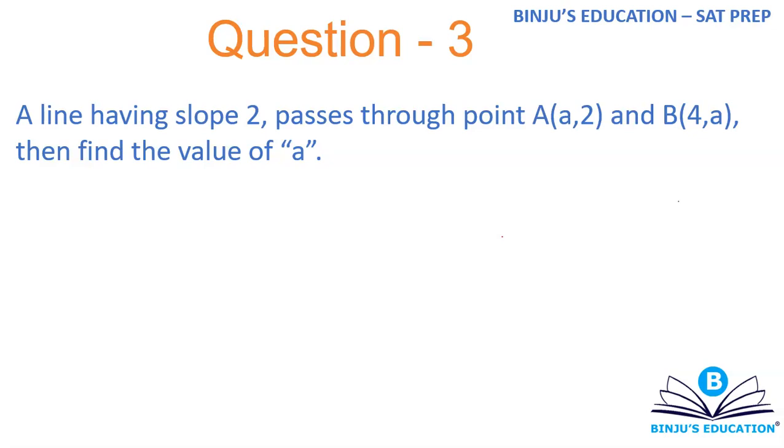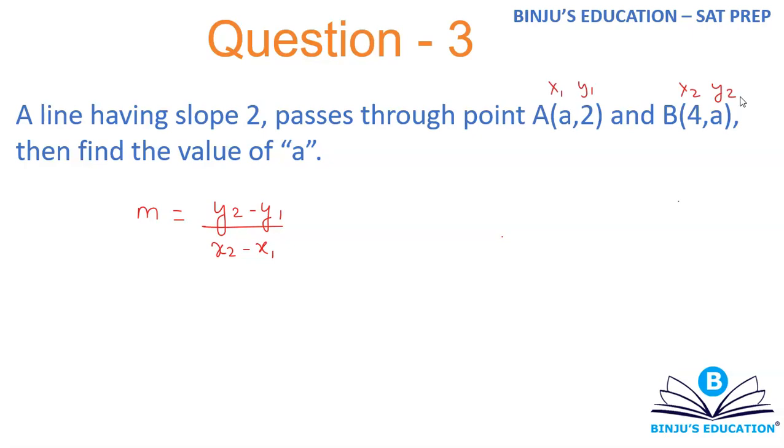Now we discussed that when we were doing the basics of slope, that the slope of a line is nothing but y2 minus y1 divided by x2 minus x1. That is, change in y coordinate divided by change in x coordinate. Now you can take x1 y1 and x2 y2 to be any one of them. Like you can take this x1 y1 and this x2 y2, or you can take it the other way around also. It doesn't really matter which way you take x1 y1 and which way you take x2 y2.